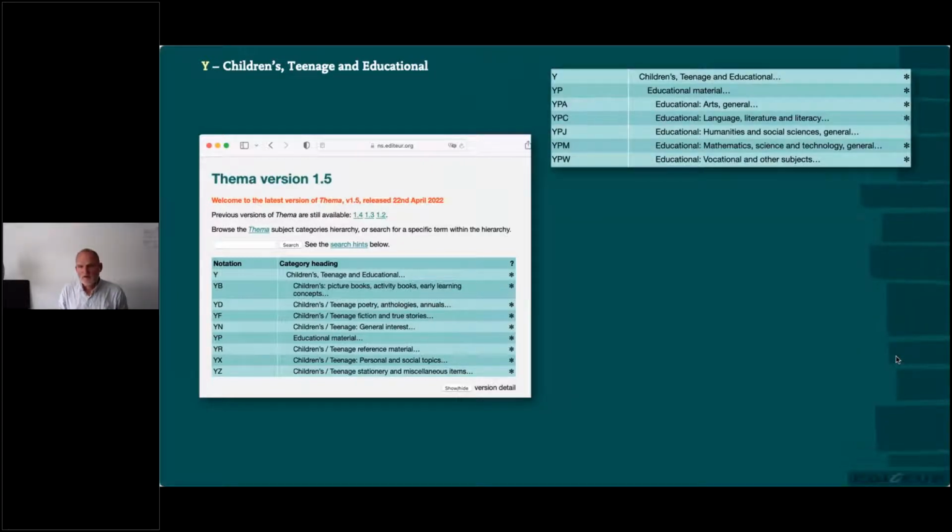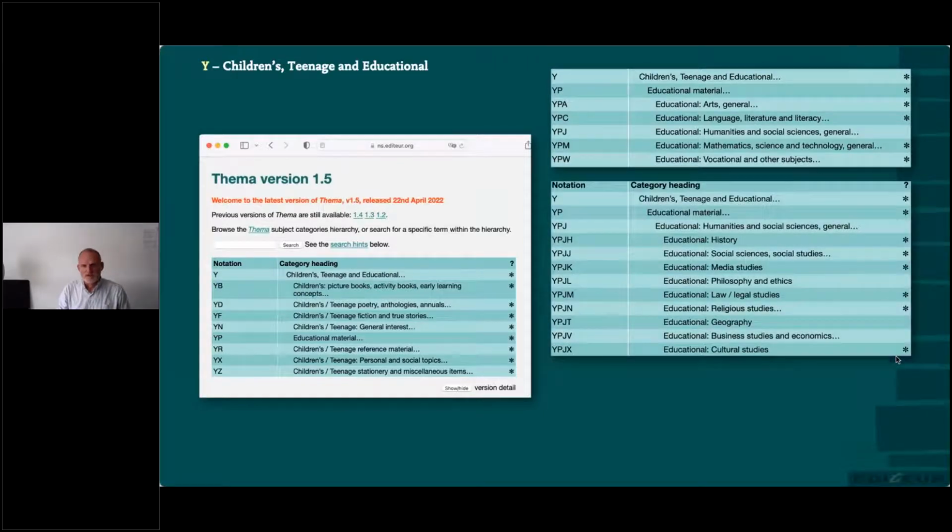Inside the YP, there are 5 broad categories that cover broad areas of education. And then if you dive in, you'll see that there are different subjects. Again, remember, Thema is international and multilingual. Often, if you work in the educational sector, you'll know that sometimes subjects get grouped together and get called something else. Thema can't have all those different things.